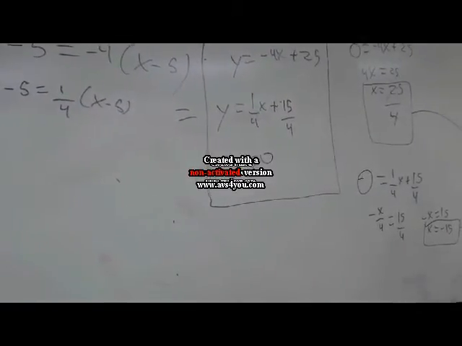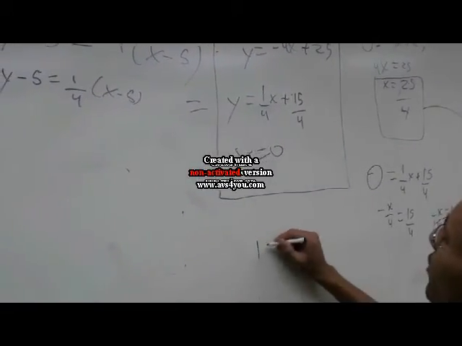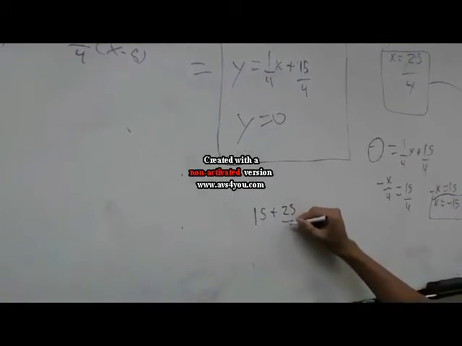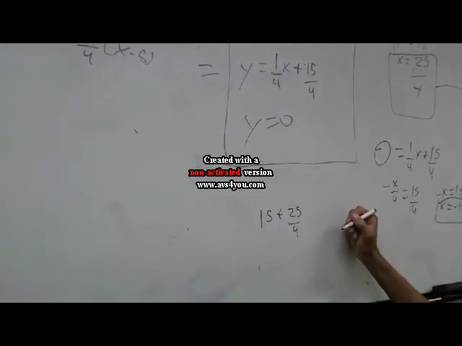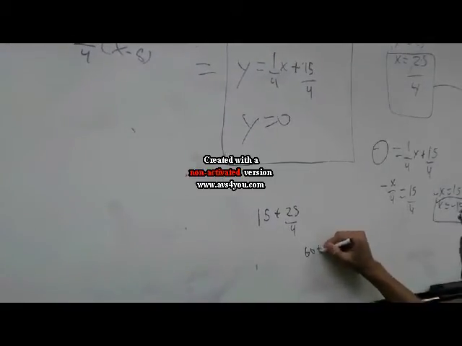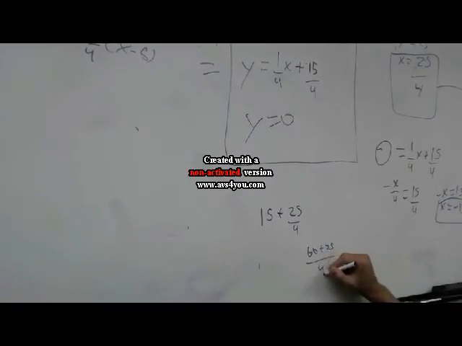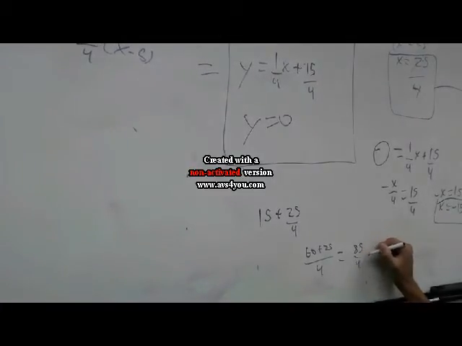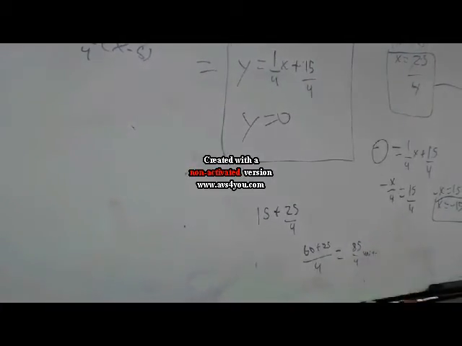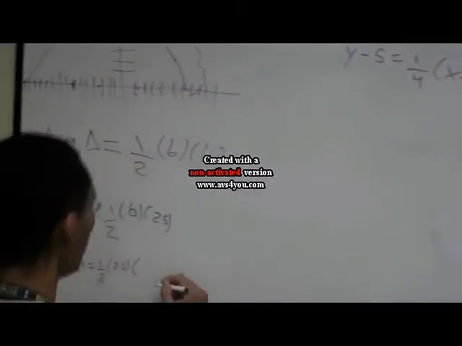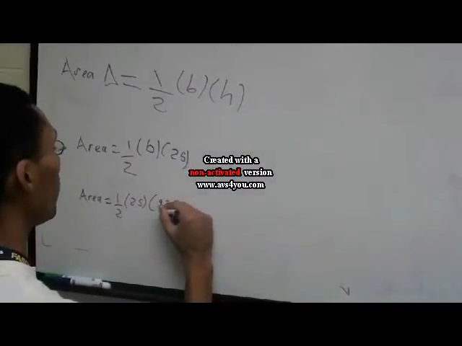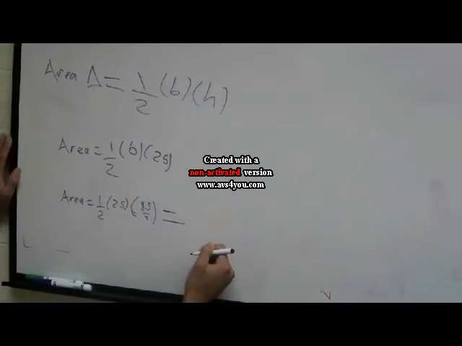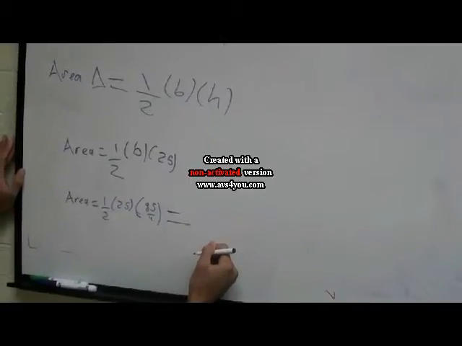So -15, we're going to treat that as a distance of 15 units, and 25/4, we're going to treat that as a distance of 25/4 units, which gives us 60 plus 25 all over 4, which equals 85/4 units. So now we plug that in as our base. 85/4 units. So our entire area is going to equal